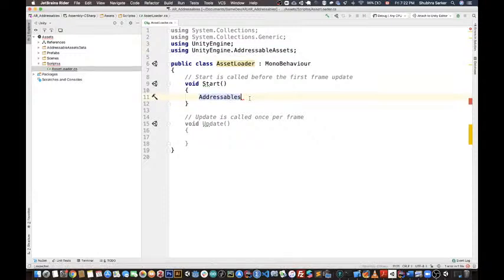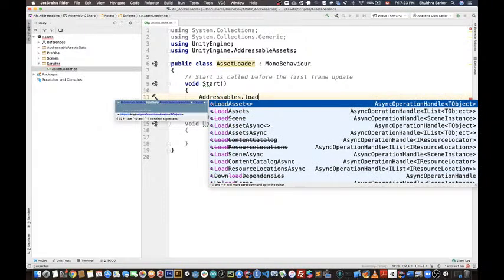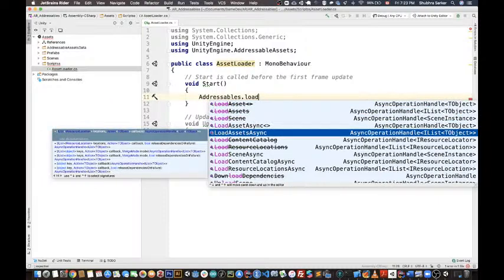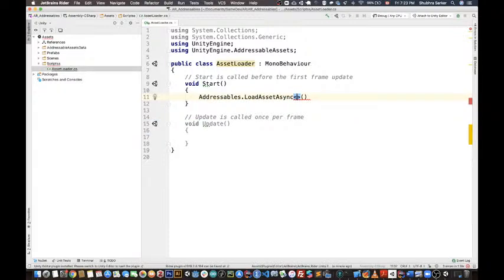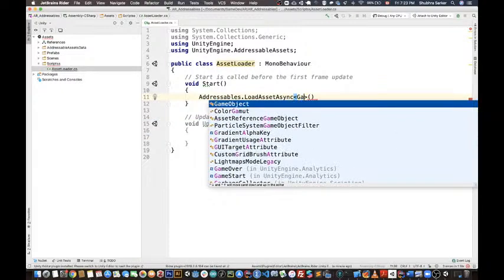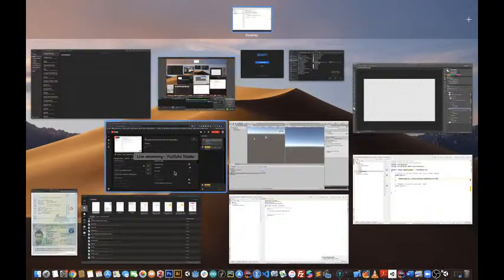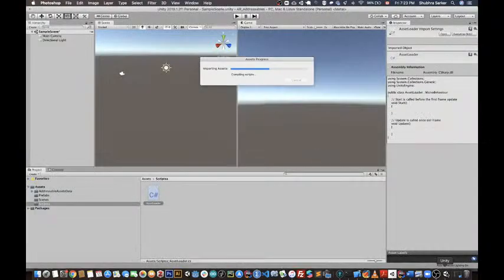Okay, so I'm going to load assets. So for now, we are just going to do this. We're going to do load asset async, and here we're going to do game object, and I can pass a key. So the key here is going to be the labels that I talked about previously. So when we created this,